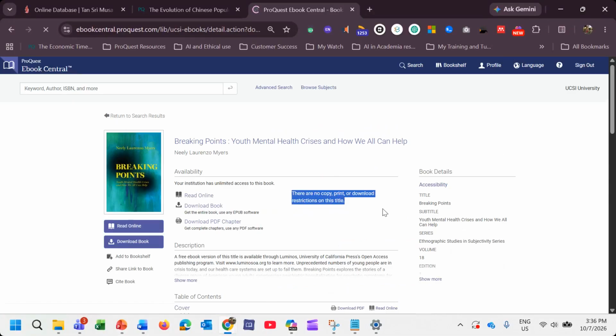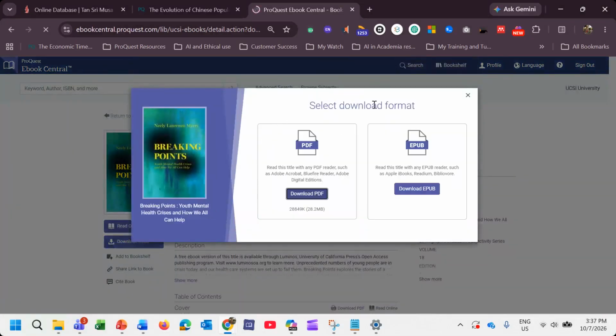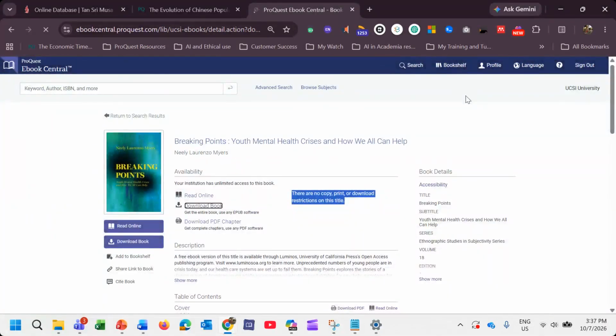What it means is this book is completely DRM free. What it means to you is you can download the entire book into a PDF format and keep it with you for your references, for your reading. If you want to print it, you can print it, and so on. So that is the most important thing.